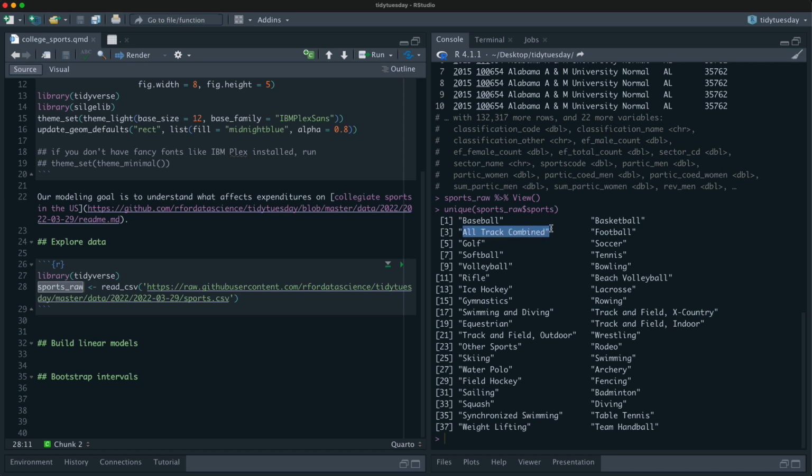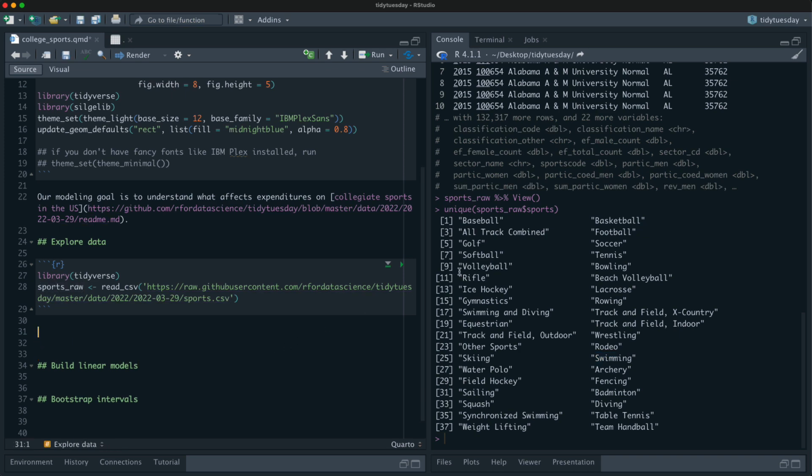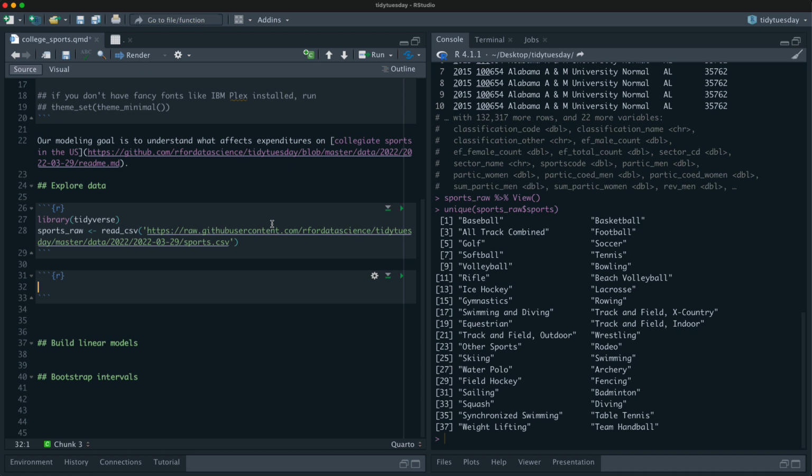Notice we've got all track here and then divided out track, probably for different kinds of schools and whatnot. We've got swimming and diving, and we've got diving, we've got swimming. So let's do a little bit of manipulation of those categories before we keep going on.